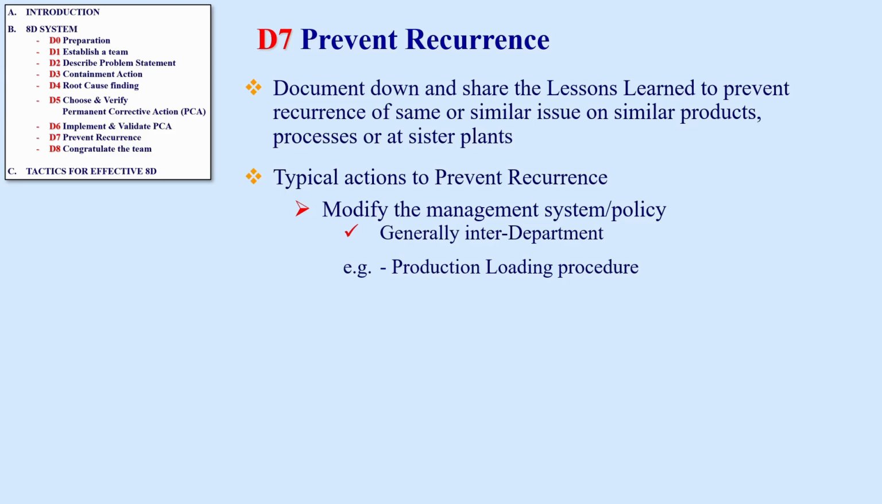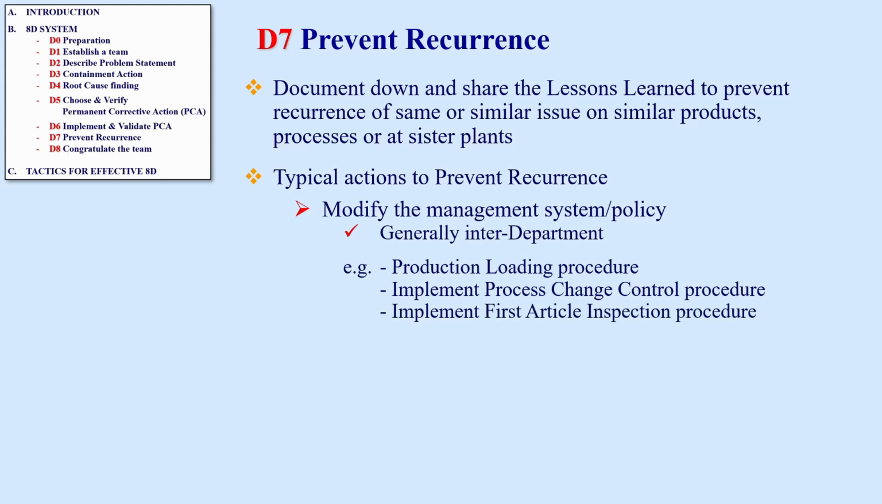Another example is implementing process change control. There is a board, generally consisting of senior staff. They own reviewing all the supporting data provided by the change proposer, before approving the change. Some companies insist on implementing first article inspection before pumping more volume into production, though this will slow down